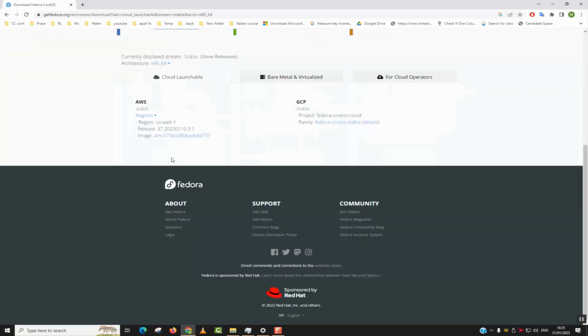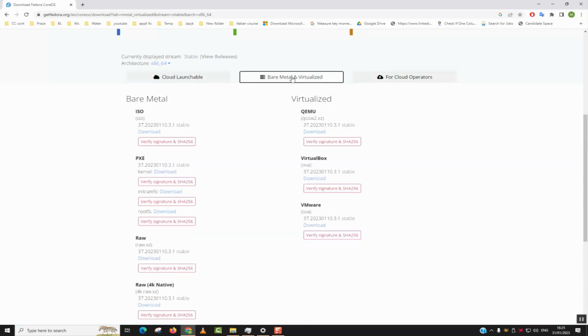Here I will click on show downloads, and I will be able to see the downloads version. Under architecture, make sure that you have selected x86_64, which matches with your Intel, AMD processors, etc. And also bare metal and virtualized. We'll go to bare metal and virtualized, and here bare metal, I will choose the ISO file and I will